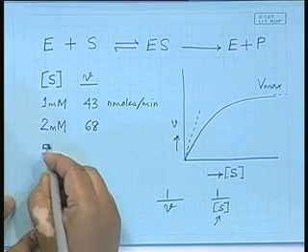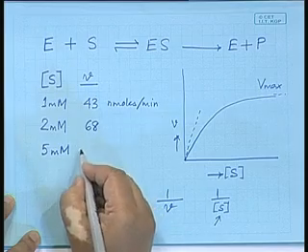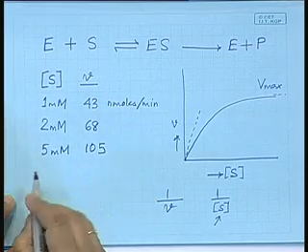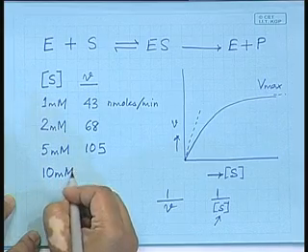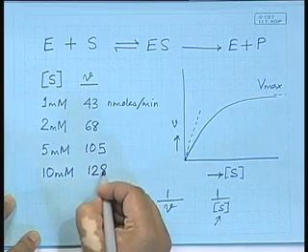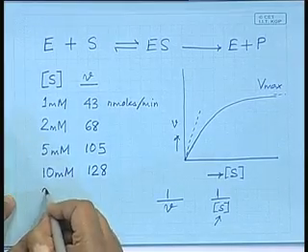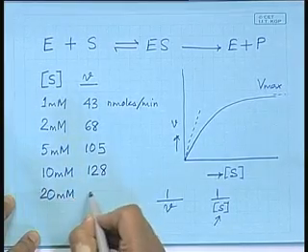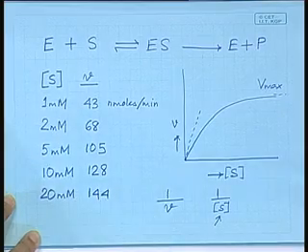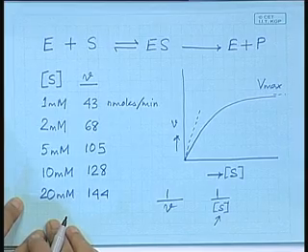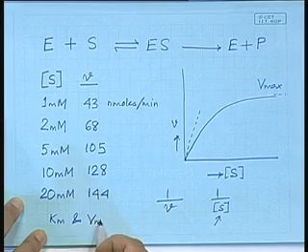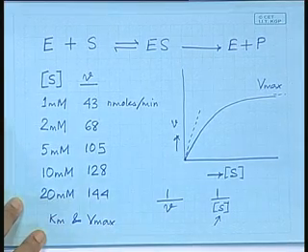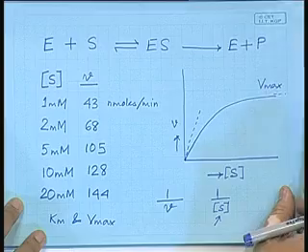I now go to 5 millimolar where I have 105 nanomoles per minute. 10 millimolar where I have 128 nanomoles per minute, and 20 millimolar where I have 144 nanomoles per minute. Now, if I want to determine Km and Vmax from the data that I have here, what I need to do